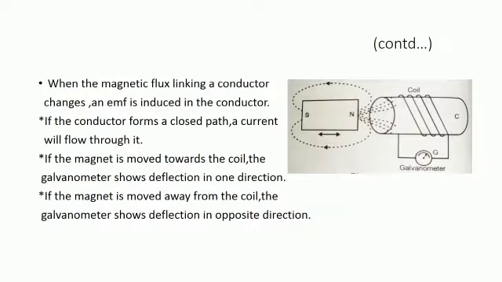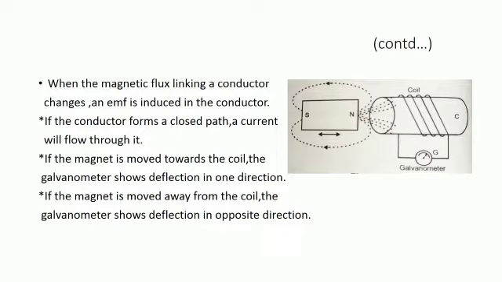Now the explanation. There is one coil, the number of turns in the coil is taken as N. The coil is wound over the core, which is made up of iron or silicon steel. The two terminals of the coil are connected to a galvanometer and there is one permanent magnet. The permanent magnet is used to produce the magnetic field, or magnetic flux. If the magnet is placed near the coil, there will be some flux linkages and EMF induced in the coil.